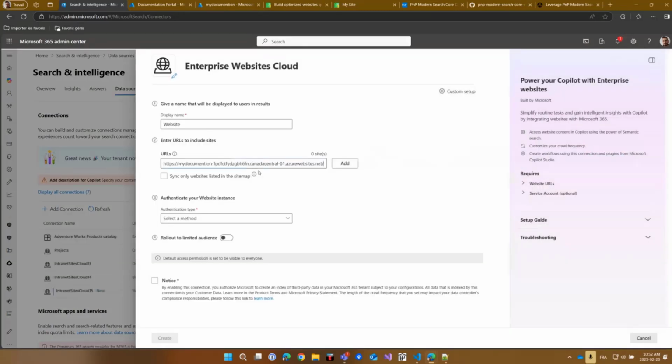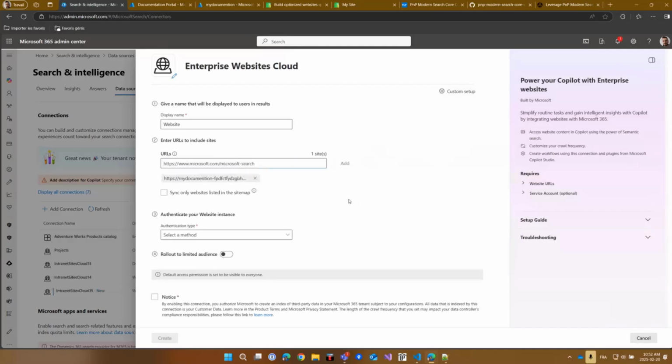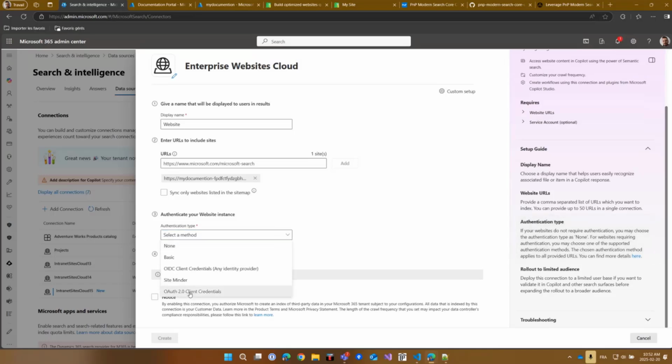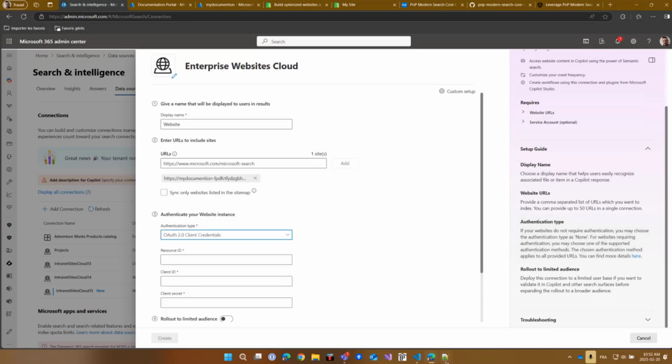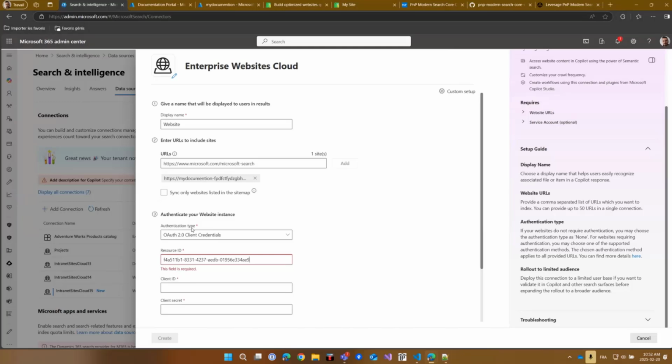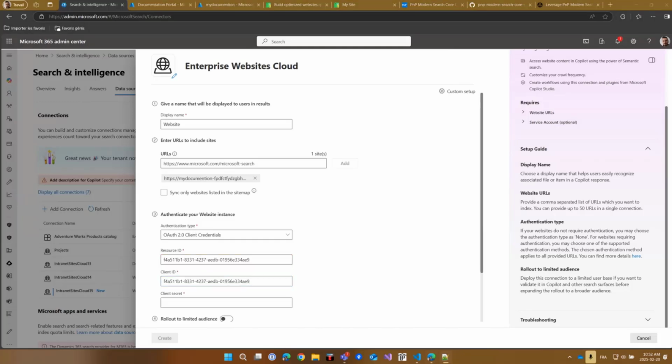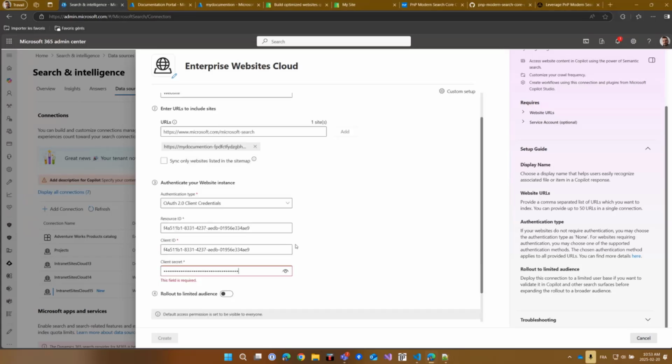So you configure your URL there, and the cool thing about that is you can set an authentication type there, and that's why we are using the EasyAuth feature. So we can use a custom connection and put the information of the Entra ID application there. So the resource ID will be the client ID, of course, and the secret there. So normally from there, you will be able to authenticate through your site.